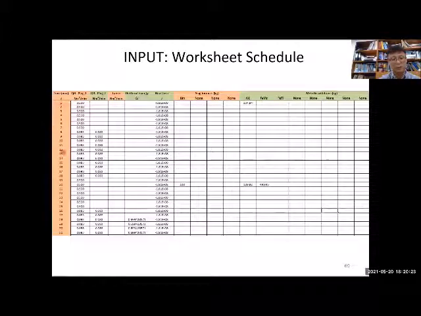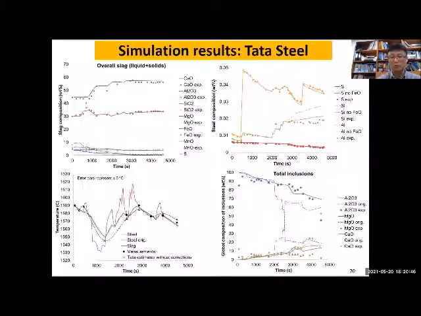And this is the operation condition. Every 1 minute, they inject a different amount of gas from plug 1, plug 2, and then they have electrical energy heating at a certain point, and then this is the heat loss through the wall and also the atmosphere. And this is the schedule for adding different kinds of species during the operation. So you enter all this, and then you just run the calculation mode, and it does the simulation by itself. And all these lines here show you the simulation result,